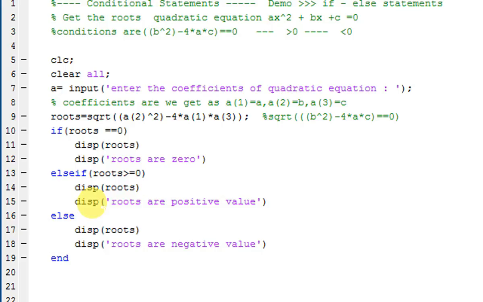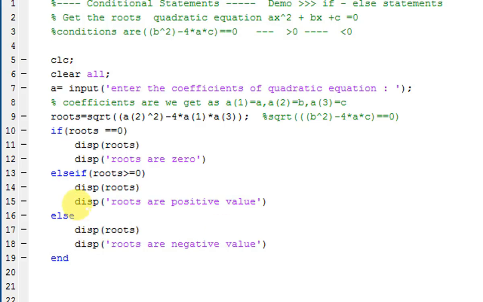Else means the remaining cases other than these two conditions: it is not greater, it is not equal, so it is less than. It is other than these two conditions, roots are not equal to 0 and not greater than 0, meaning it is less than 0. So in the else condition we display that the roots are negative as a message.